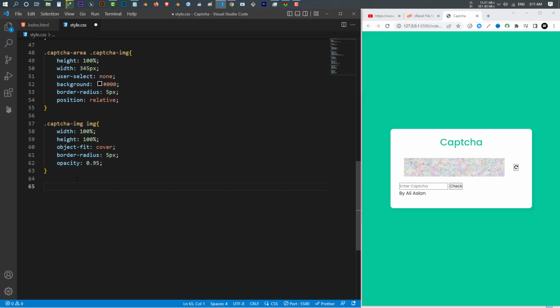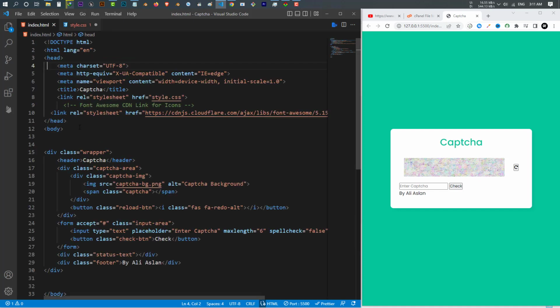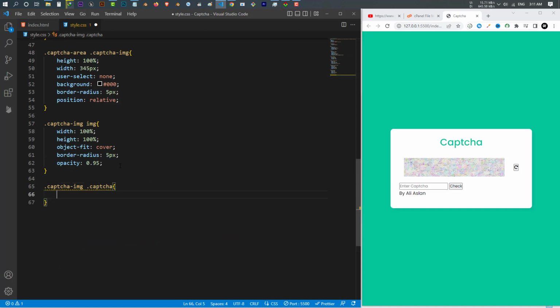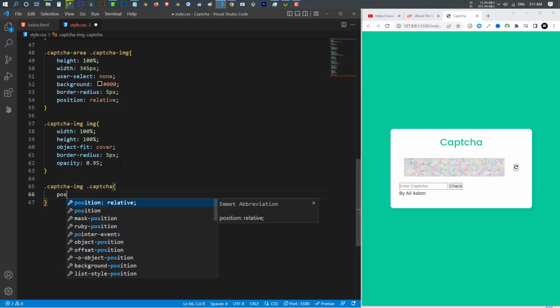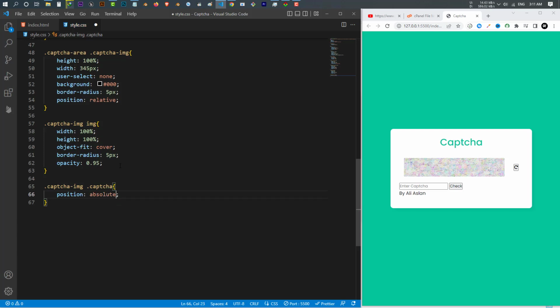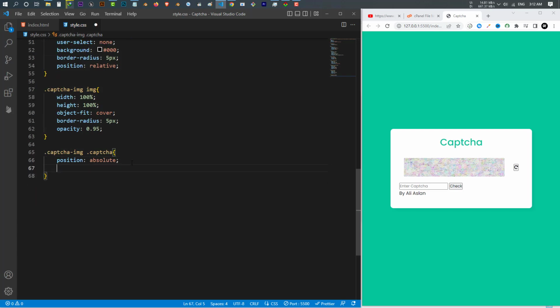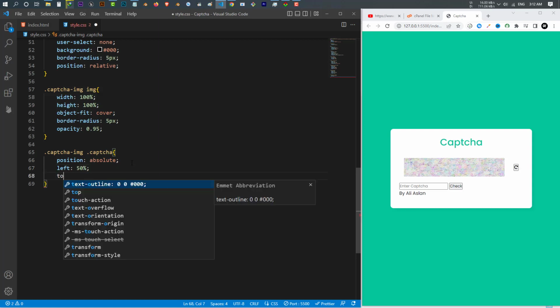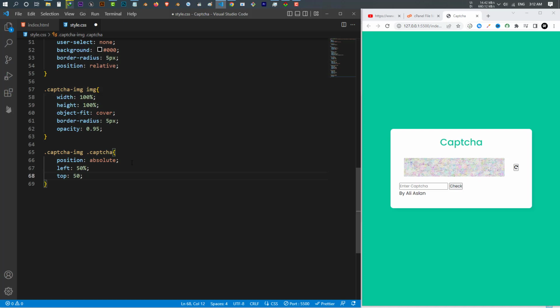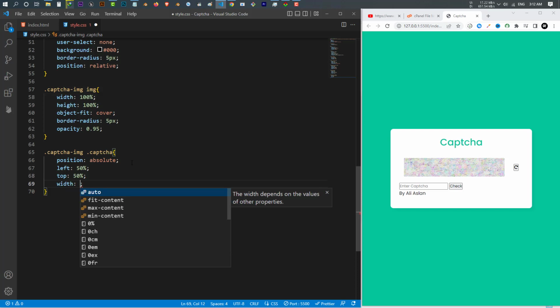After that I want to select the Captcha image, and from the Captcha image I want to select the Captcha itself, which is in a span. I want to set this position to absolute, and I want to give it a left of 15% and a top of 50%. So it will be at the center. I give it a width of 100%,